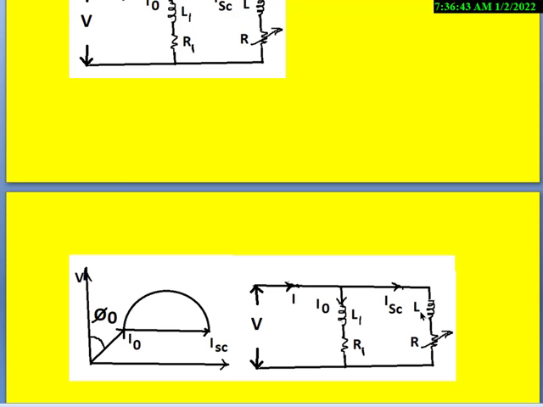In a pure inductor, when it is connected to the voltage, the current lags by 90 degrees like this. That we can show as a line which is parallel to the x-axis and perpendicular to the y-axis or voltage axis. Then, if we increase this resistance to infinity,